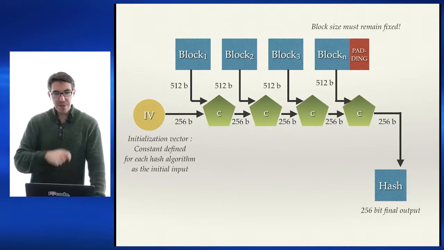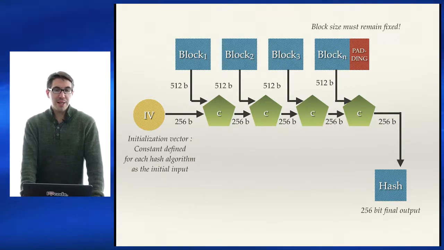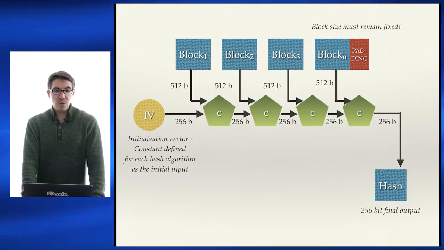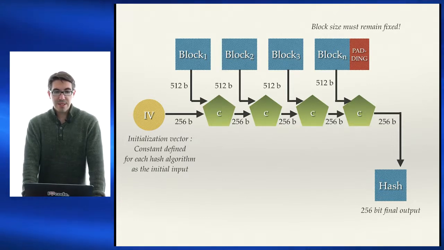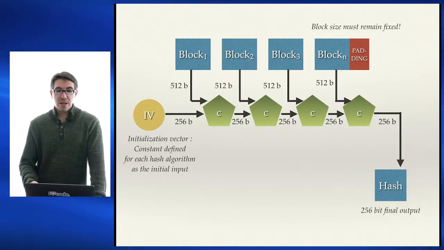If we walk through this, we run the compression function on block 1 and the initialization vector to get an output, n. N is then passed into the compression function again with block 2. The result of that, n prime, would get passed into block 3, etc., until finally we have our